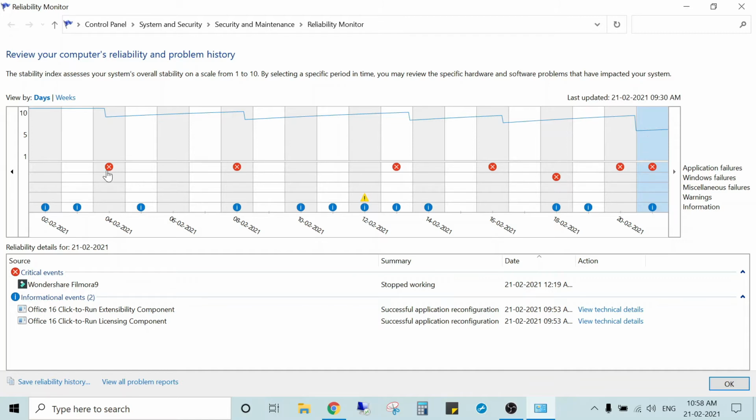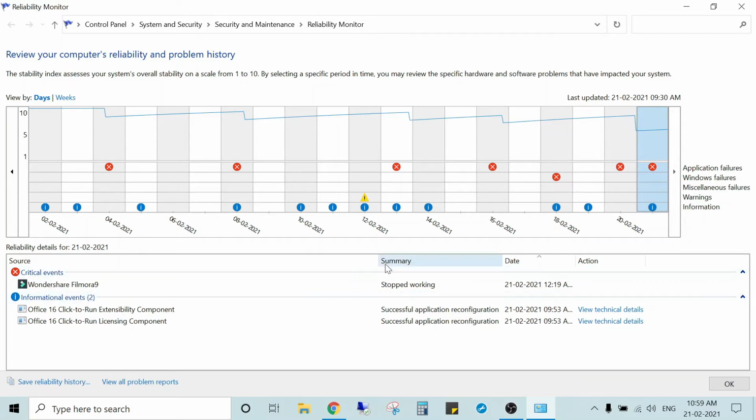And I will show you the error details, which are shown with the red cross mark. So first let me click on this red cross mark and you can see the reliability details. Apart from that, you can check last updated 21st of February, that is today 9:30 a.m. So the critical event was Wondershare Filmora 9.